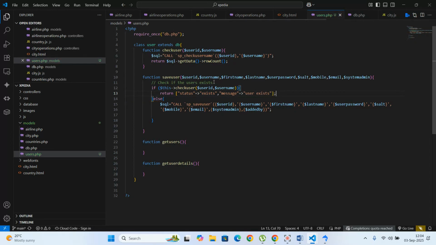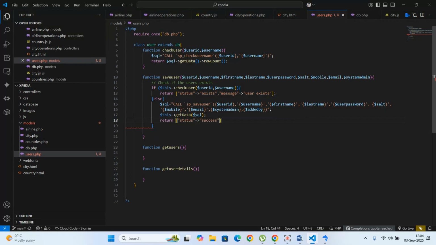Now, if the user does not exist, then we're going to save the user. So of course we have assigned that SQL statement. So we're going to say this, get data. Then we're going to give the SQL statement. Of course, it's going to execute that SQL statement. Then from there, we're just going to return another array with status of success and a message that says